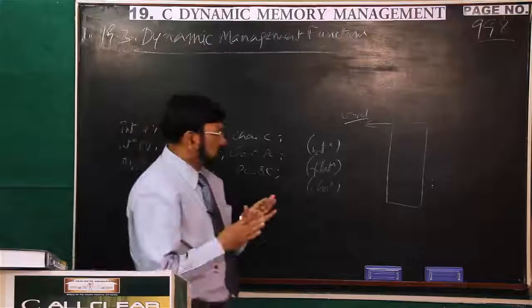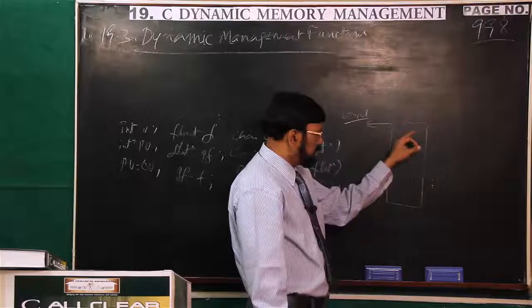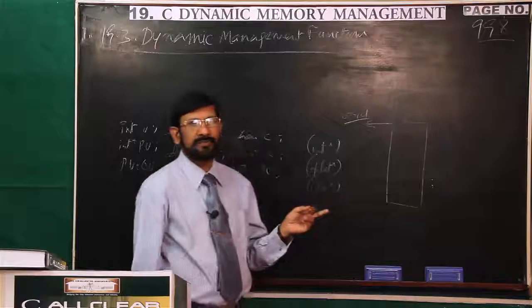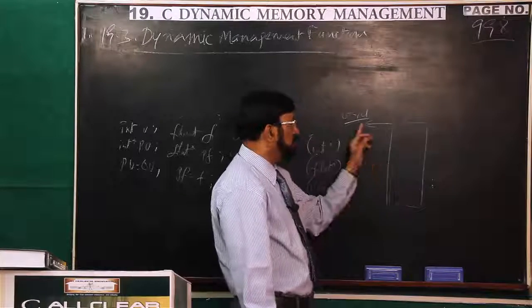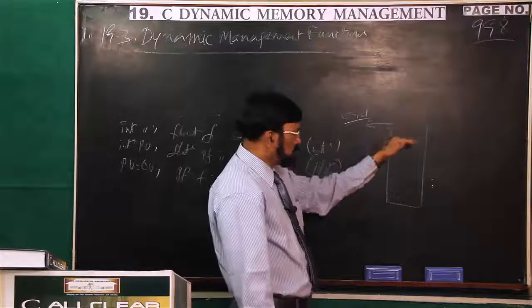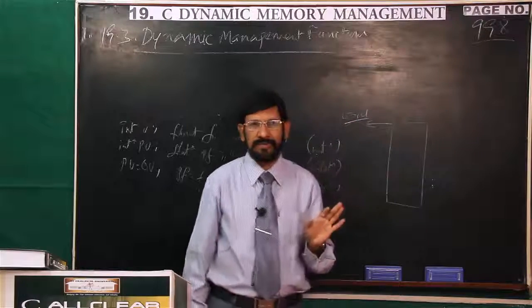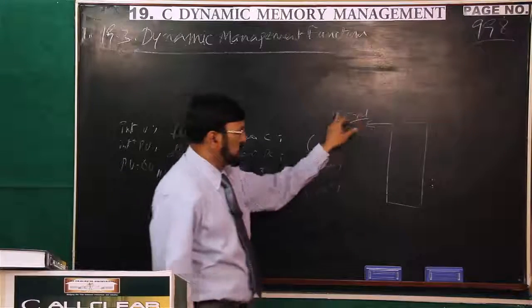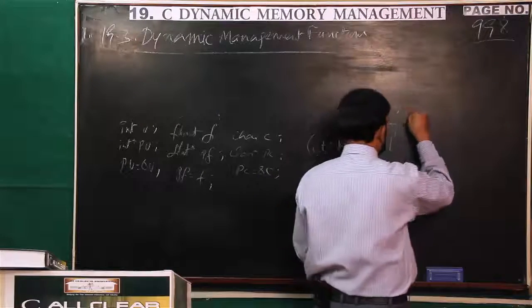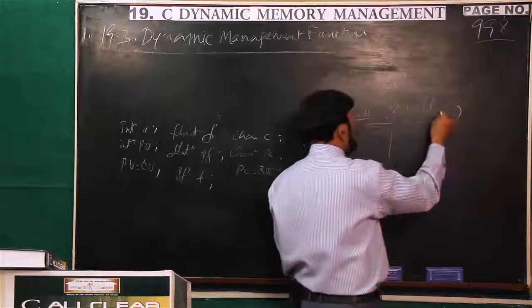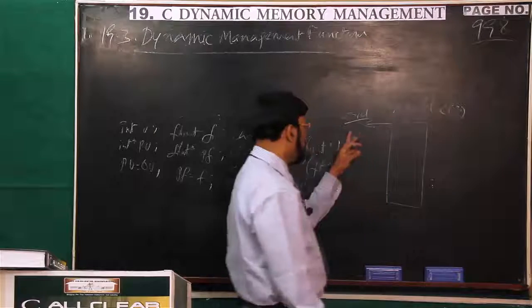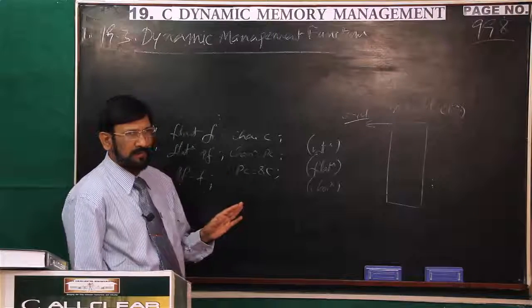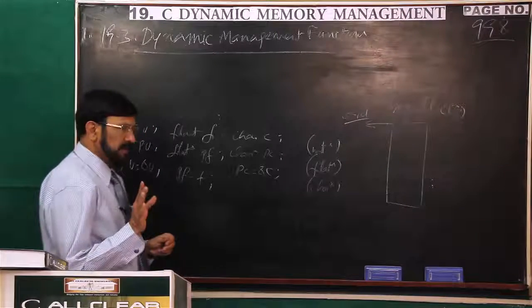That we learned. So here, if you store integer type data, then its pointer should be integer type. If you store floating point type data, the pointer should be floating point type. If you store character data, the pointer should be character type. Subject to this principle, we have to typecast it, because the malloc function returns a void pointer. So the void pointer should be typecast into whatever type we want. That is compulsory.